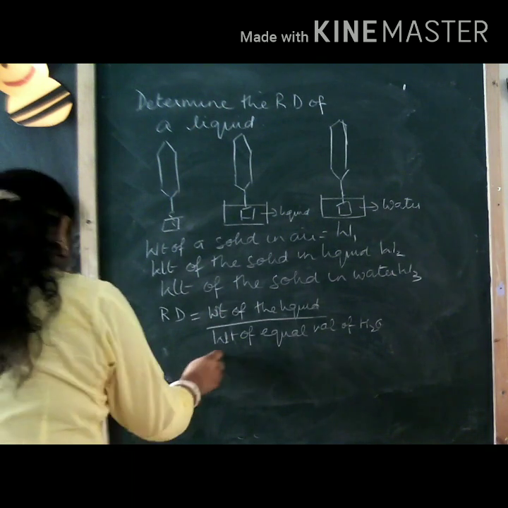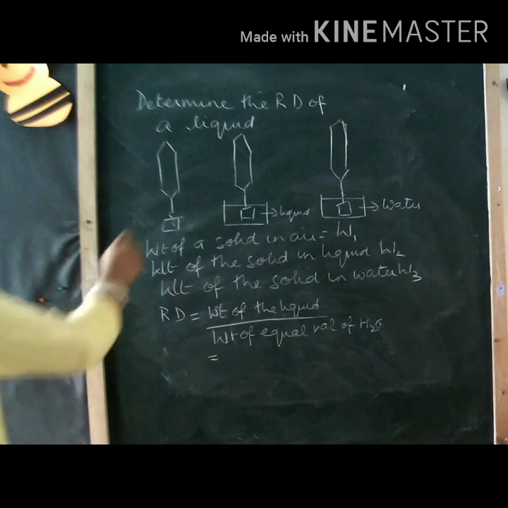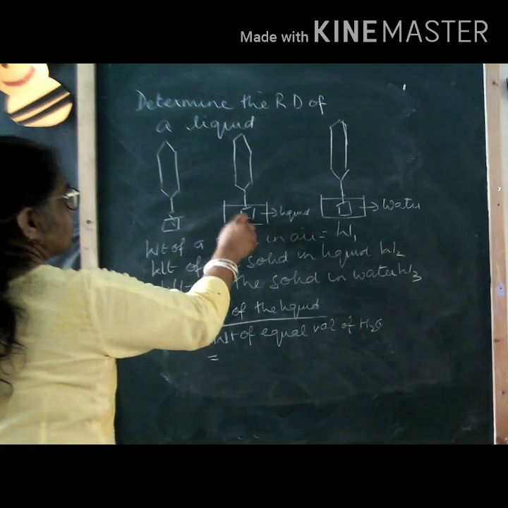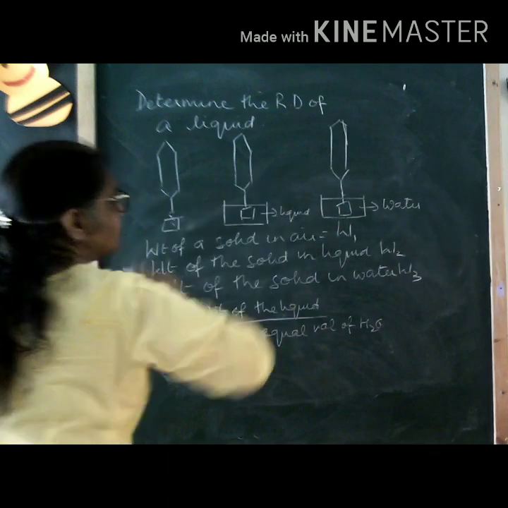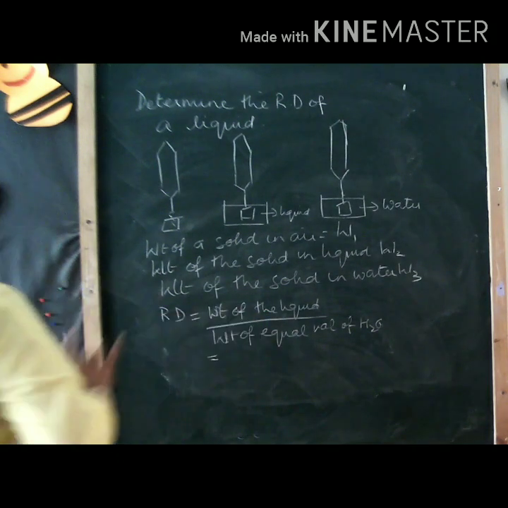Now, when you have equal volumes of liquid and water displaced, that means the same thing was immersed in the liquid and the same thing was immersed in the water. The volume is the same, so the volume of liquid displaced is equal to the volume of water displaced, isn't it? So the volumes of liquid and water displaced by the sinker are the same, and the apparent loss in weight in liquid or water is equal to the weight of the liquid and the weight of an equal volume of water.